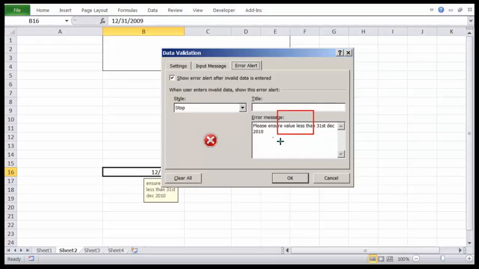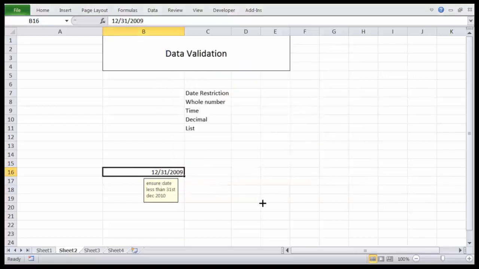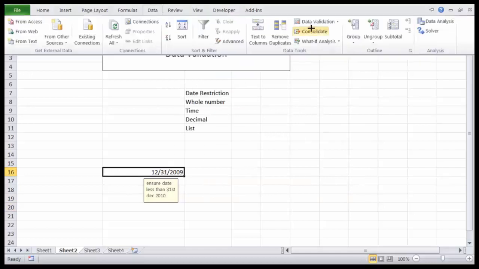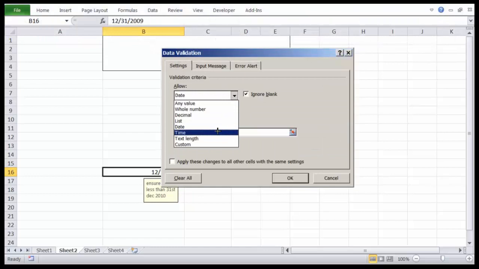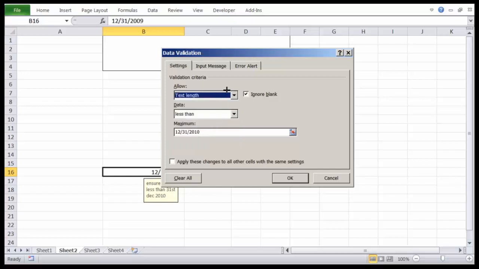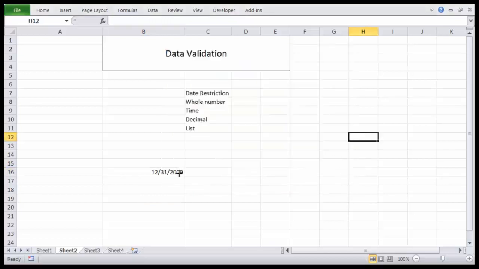Please ensure that these two are done, otherwise your user will not know what error they are making. Other data validations are like that only. Time is similar to date. Then text length, we have seen, you can put whatever text length you want.